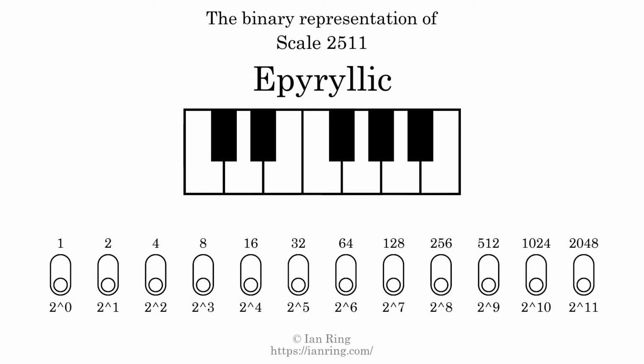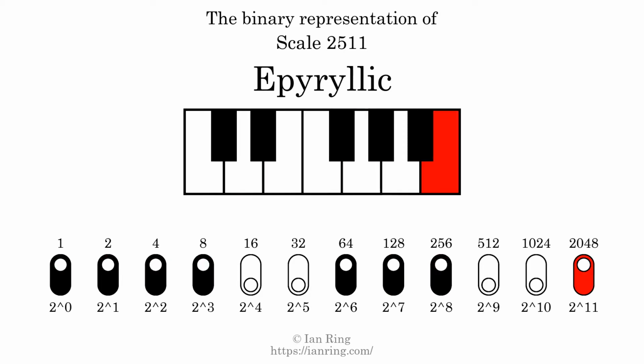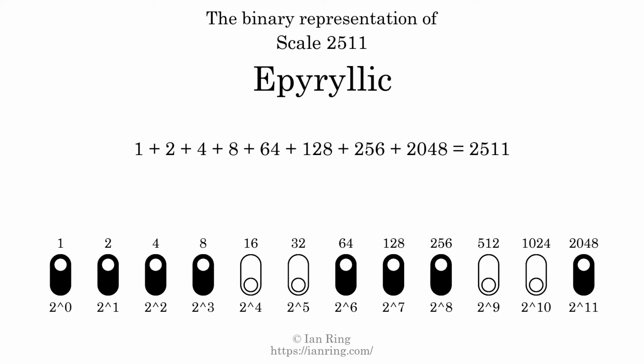The binary representation of this scale is determined by mapping tones of the scale to binary digits. Each binary digit represents a power of 2. To get the scale number, we add the powers of 2 together. The powers of 2 that are present in the scale, all added together, equals 2511. That is why the scale number, in decimal, is